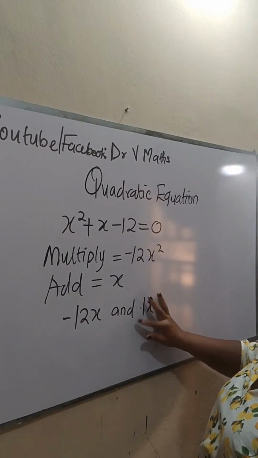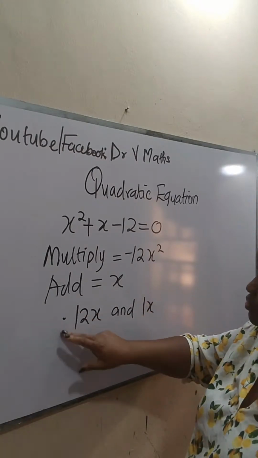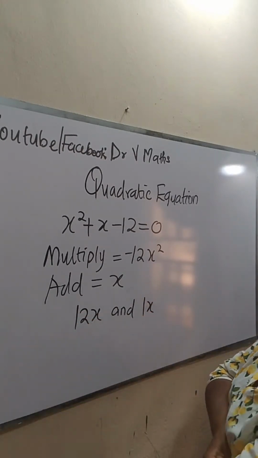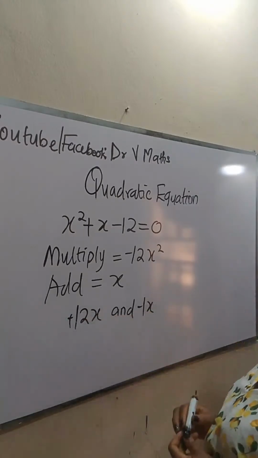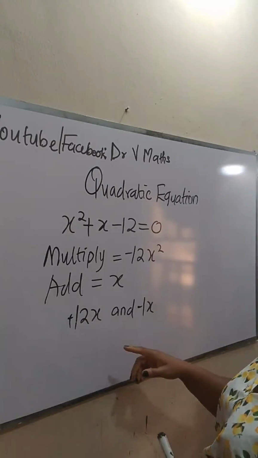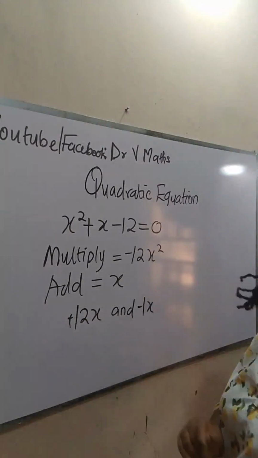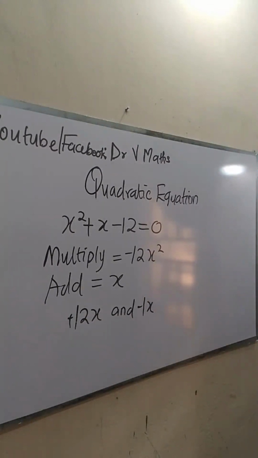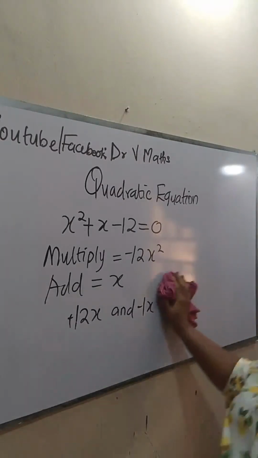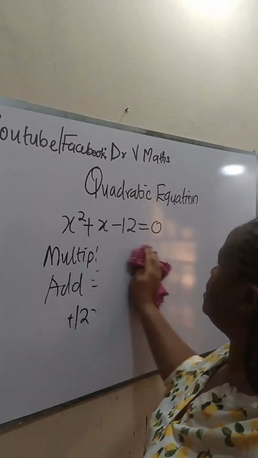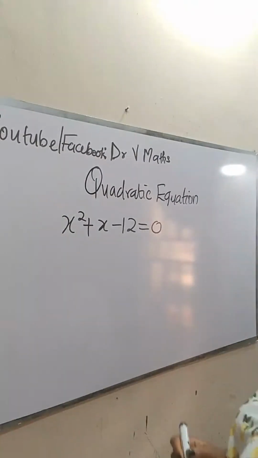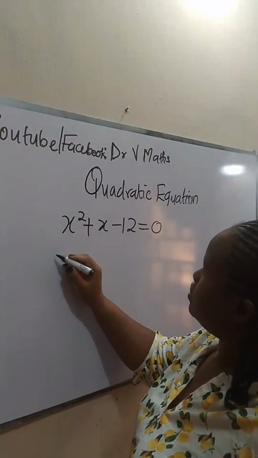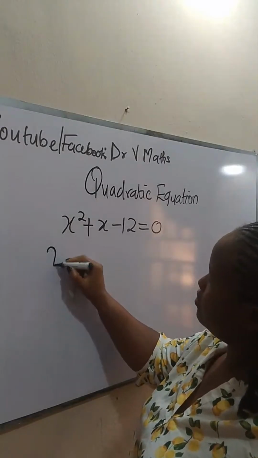If you do minus 11 minus 1 plus 2, we will not get what we want. So it won't work for factorization. So you are going to solve this using the quadratic formula. Okay, let's solve using the quadratic formula. Now, using the quadratic formula,